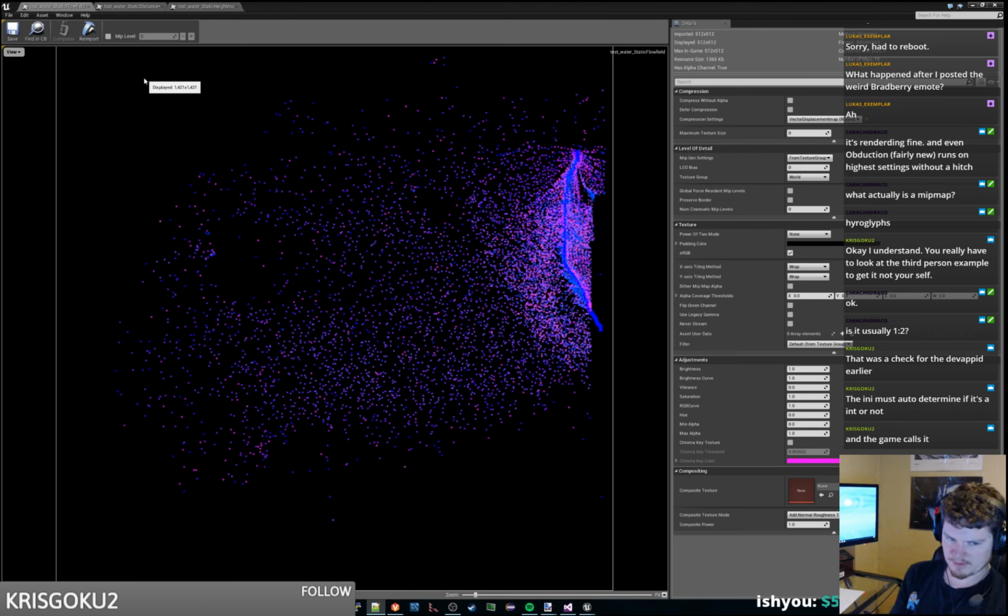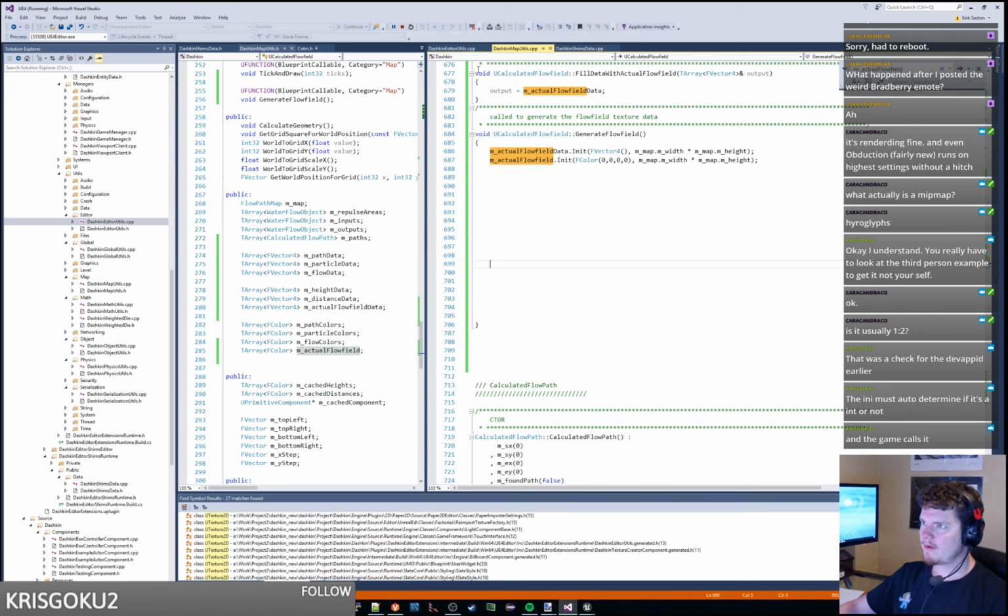The INI auto-determines if it's an int or not, and the game calls it. I guess the online subsystem grabs the ID from the config system, and the config system reads in the value as an int. Usually when you make a config system like that, it reads it in as a variant. And when you ask it for an int, like in config systems I've written in the past, I wonder if Unreal does the same thing, where